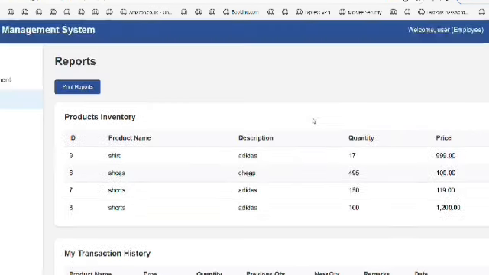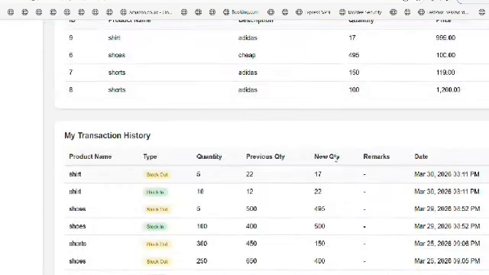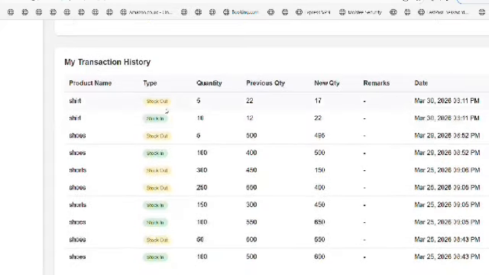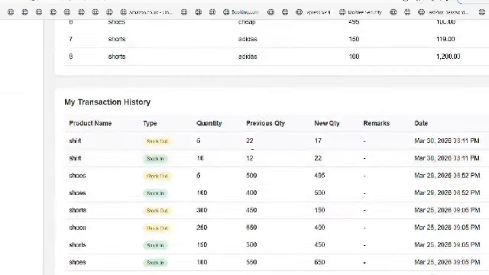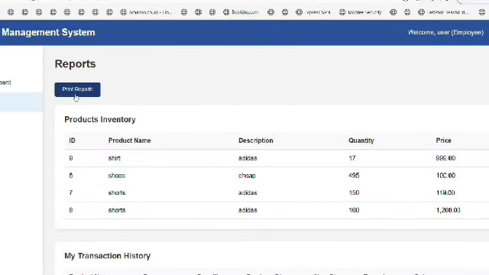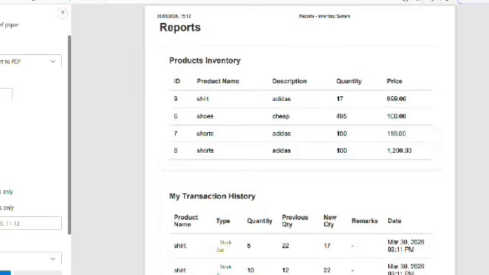If I am the employee, all of my transactions, the product name of my transactions, stock in, stock out, the quantity of every product that arrived and went out, the previous quantity, the new quantity, and remarks and date. And also here we can print the reports.